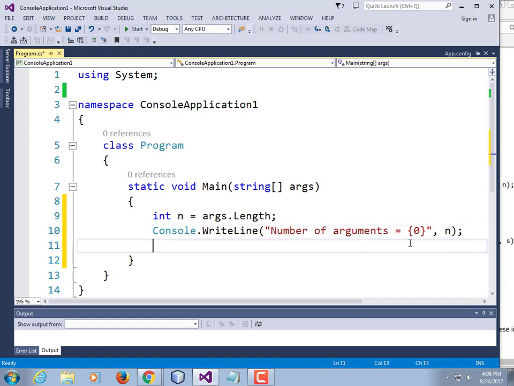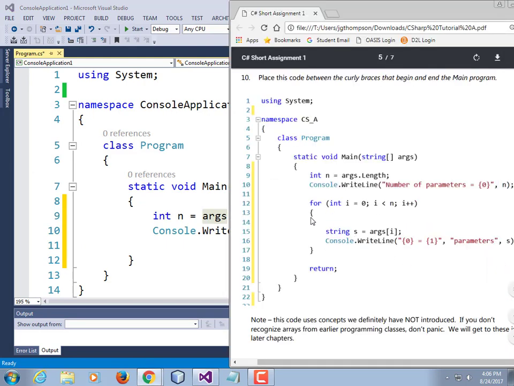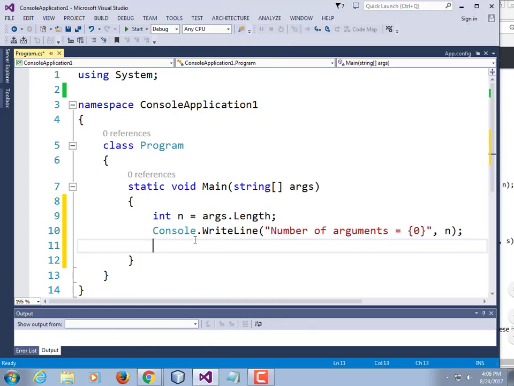Okay, now we need a for loop because we're going to step through all the arguments. The argument is an array, so we need a counter, or we could use a foreach loop, but we're just going to use a counter. For int i equals 0, and the syntax is exactly the same as it is in C++ and Java. i is less than the number of arguments, i++,